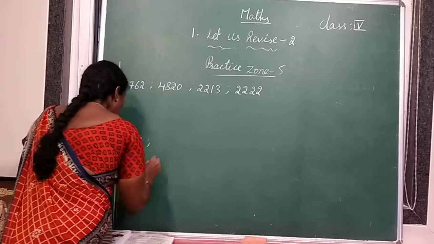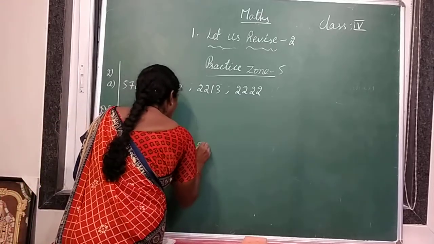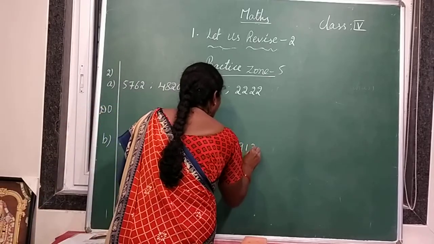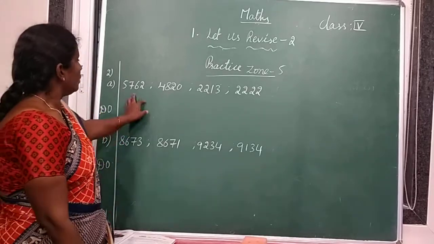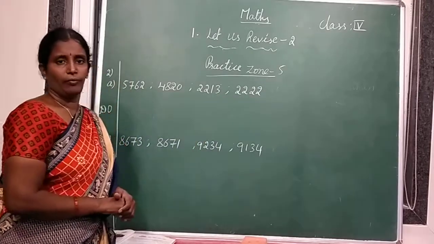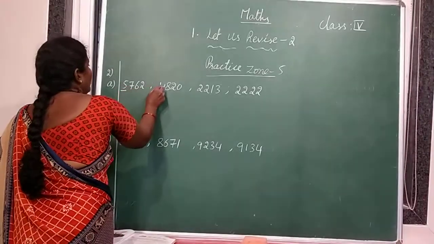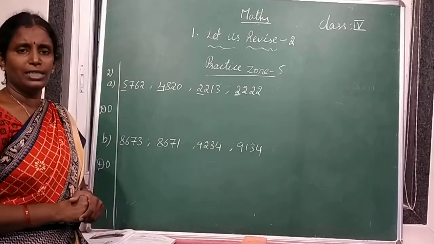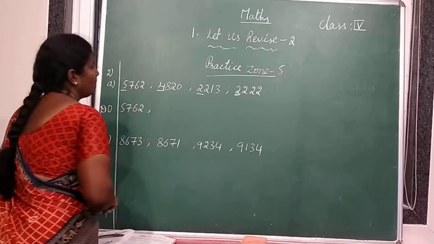8673, 8671, 9234, 9134. So arrange in descending order. So here 4 digit, 4 digit, 4 digit, 4 digit number. All are 4 digit numbers. So compare first digit 5, 4, 2, 2. Here which is bigger one? Big number is? Yes, 5762. After that